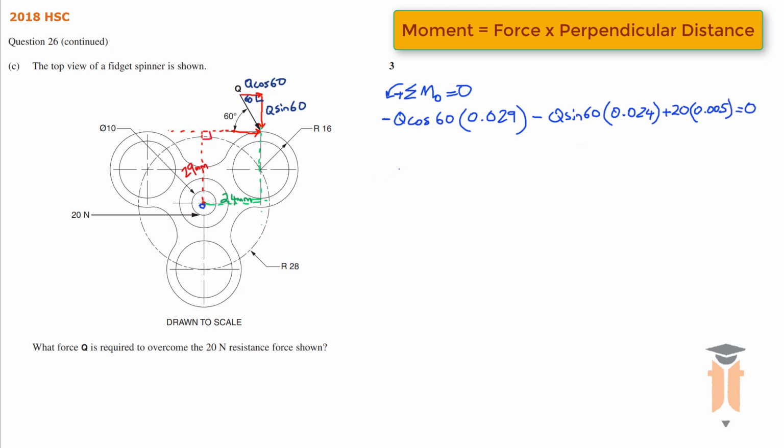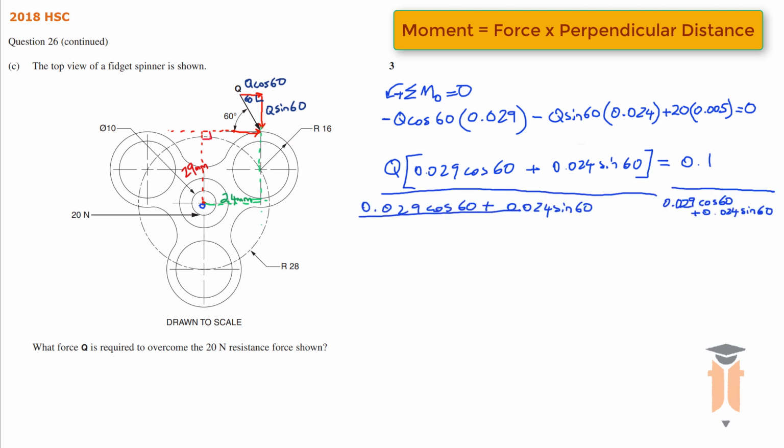So now chuck the Q's to the other side and factorize the Q's out. So we get Q, open bracket, 0.029 cos 60 plus 0.024 sine 60 equals 0.1, which is what 20 times 0.005 is. Divide both sides by 0.029 cos 60 plus 0.024 sine 60. So plug that into the calculator. We can cross these two out and we get Q is equal to